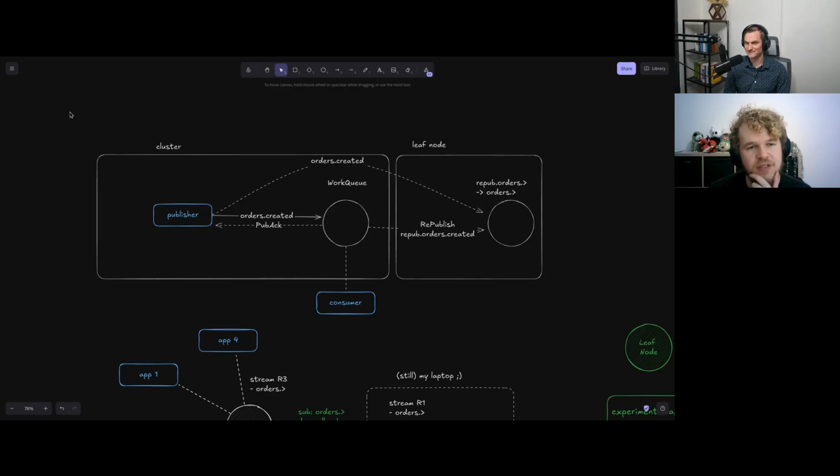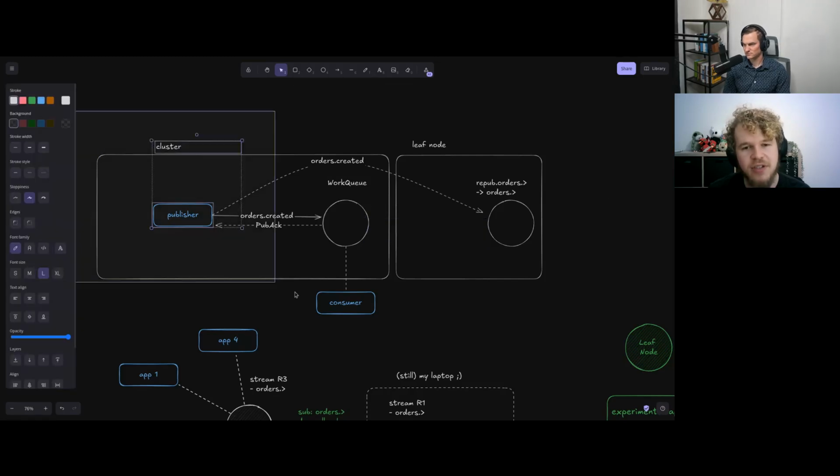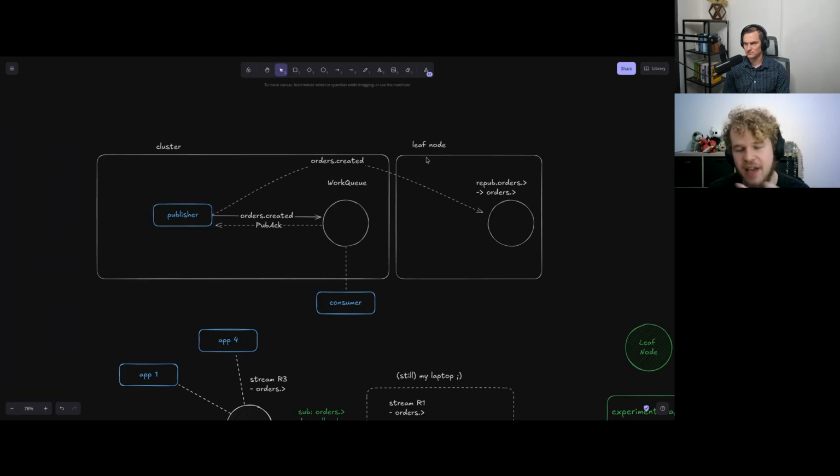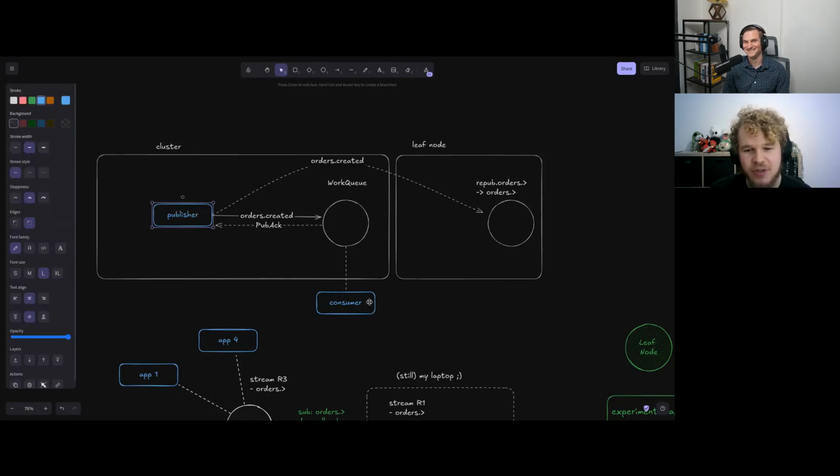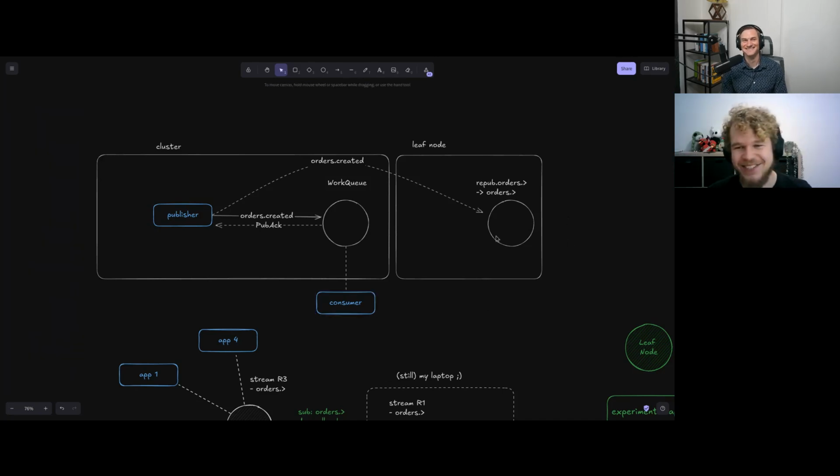But one thing I want to mention, just in general, also with this pattern: the thing that made me go wow was that if you're not going to do the republish, you don't need to change the consumer or publishing code to do this. The only thing you need to enable is a leaf node connection and set up the permissions if you need it. I think that's one of the things that made me fall in love with NATS. You don't need to edit your code. The publisher and consumer don't even need to know. What? That's just great.